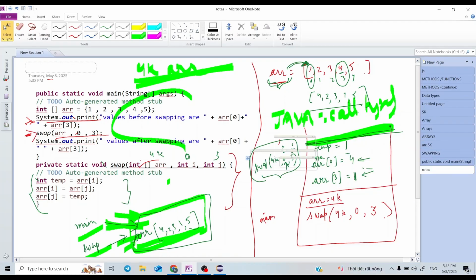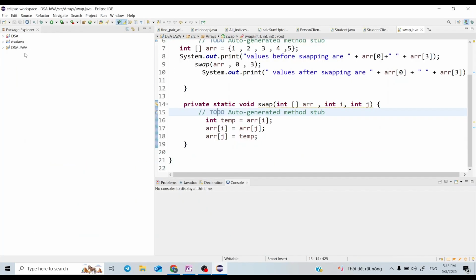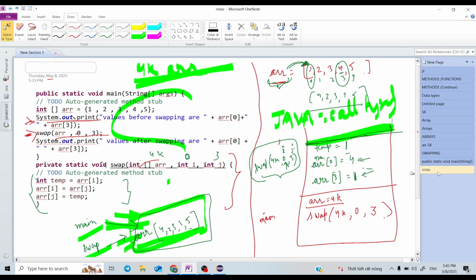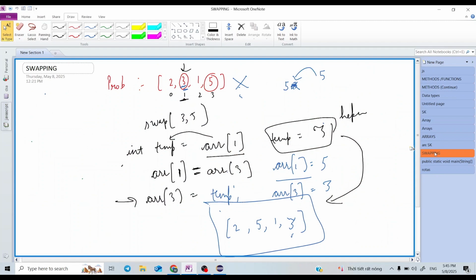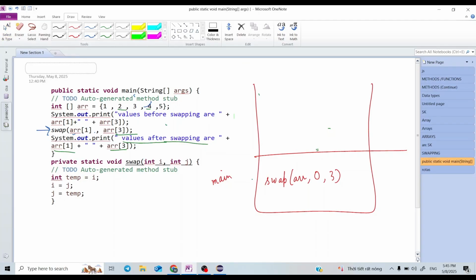So let me re-explain in one to two minutes again whatever we have done. This is the previous swap function that is not working. Why was it not working? Because in the swap function we are passing values 3, 5.